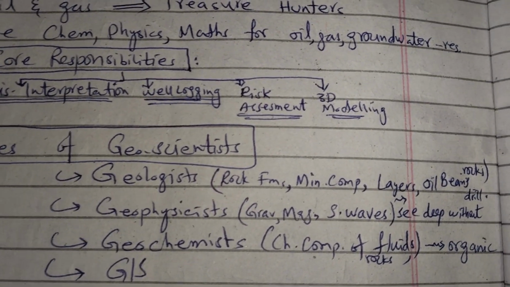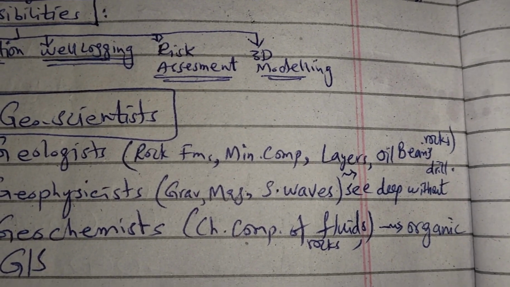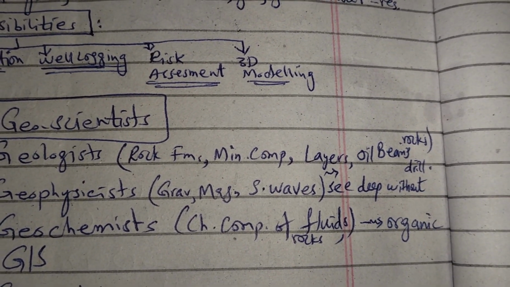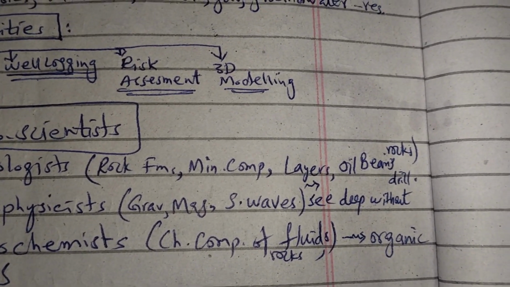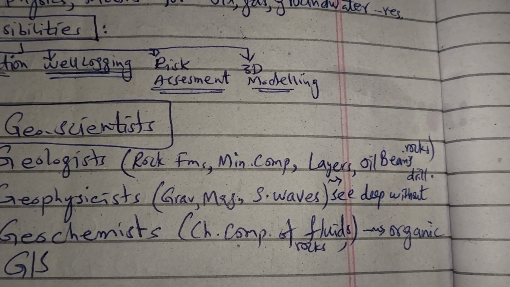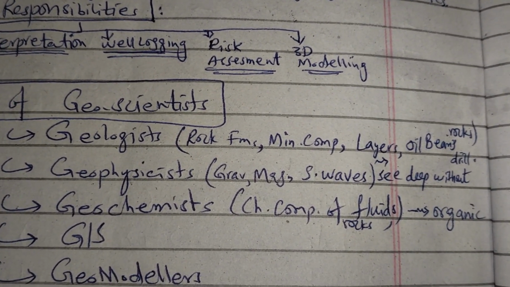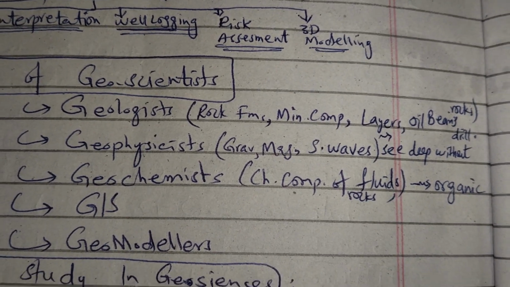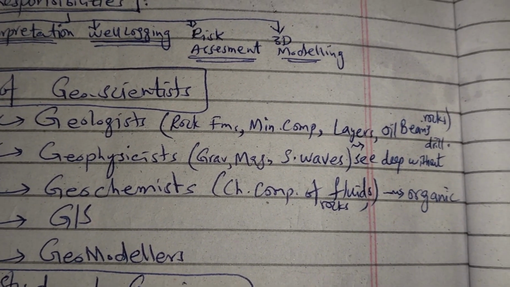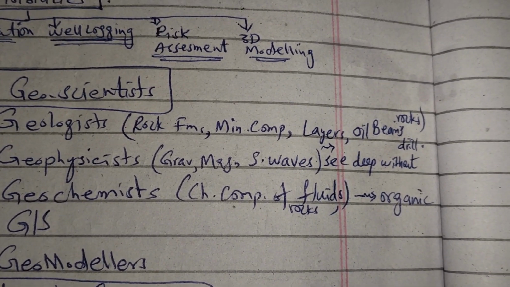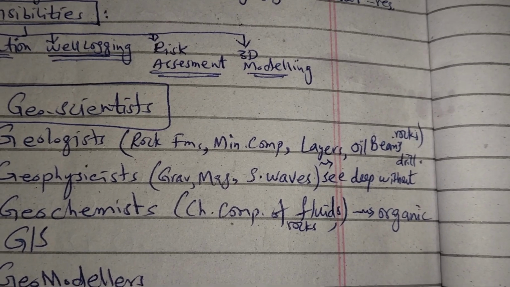Types of geoscientists. Some geoscientists are geologists, who study rock formations, mineral composition, and earth layers, the ingredients and composition of rocks in different earth layers, oil-bearing rocks, how to drill them and how to get oil from them, hydrocarbon-bearing rocks, organic rocks. And there are geophysicists, who do gravity and magnetic surveys, who study seismic waves and see deep into the earth, doing underground mapping, making an underground picture of the earth, but